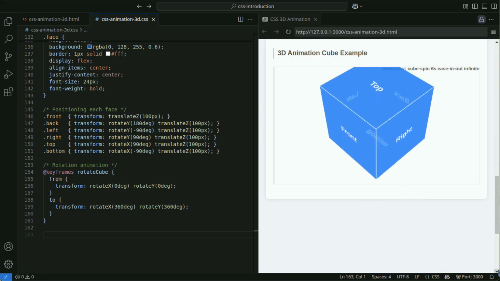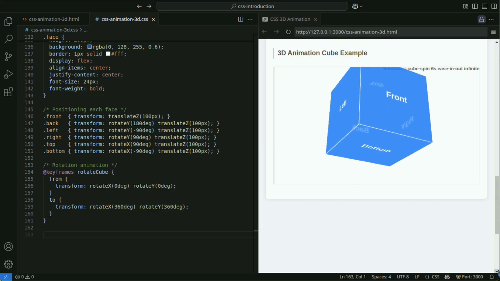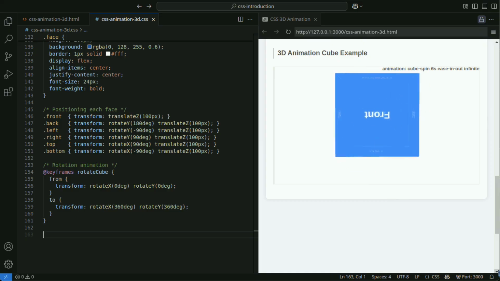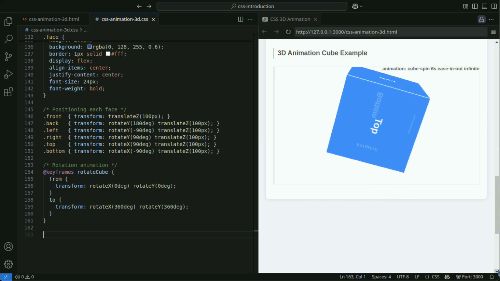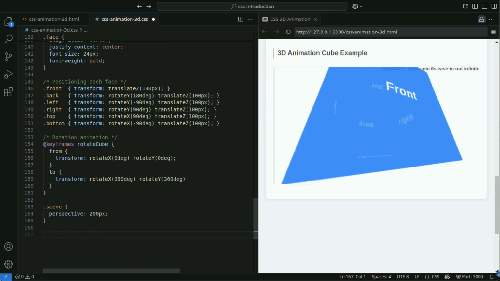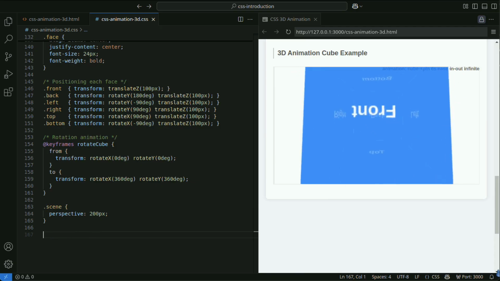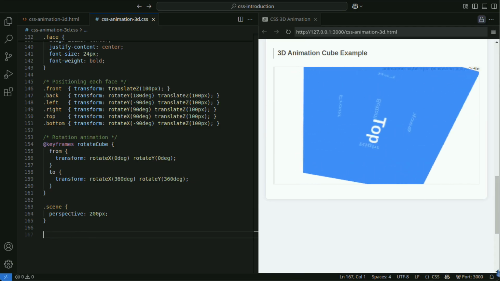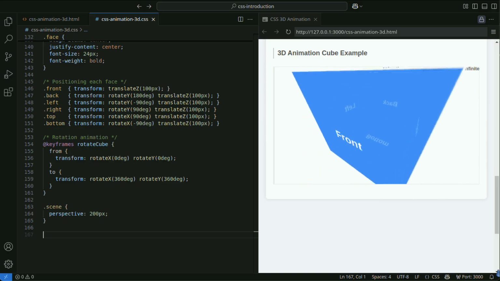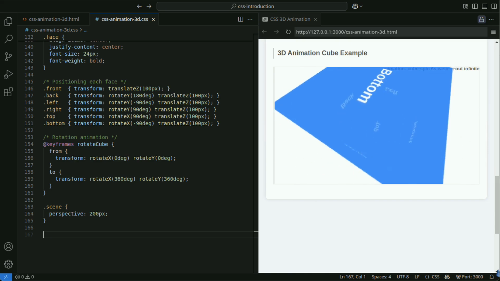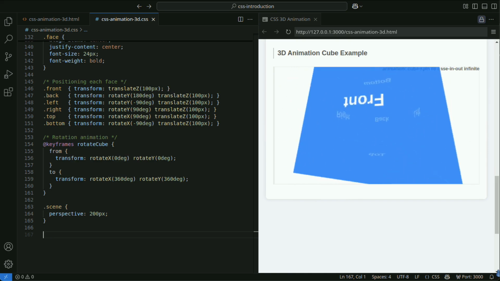Here, let's change the perspective property from 800px to 200px to display the cube's 3D animation. By changing the perspective property from 800px to 200px, the viewpoint becomes closer and the depth is more emphasized.